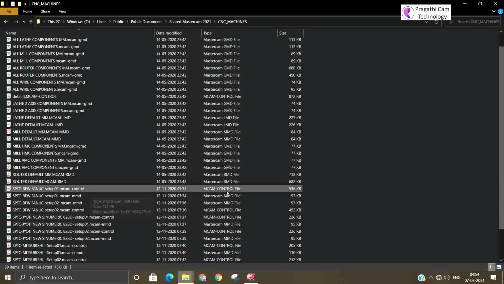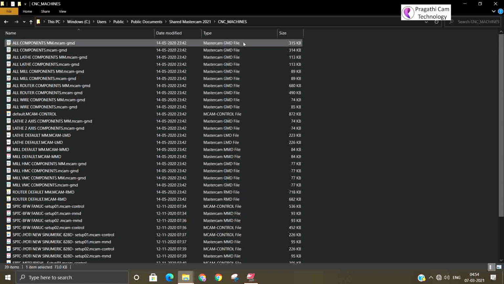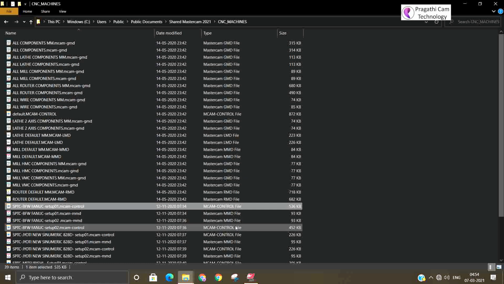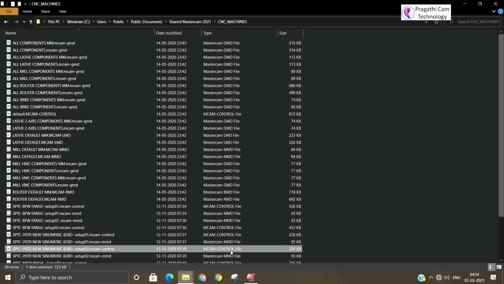You can see it is named dot control. In this, all the default files are available. So this is the control default file. These dot control files are available.